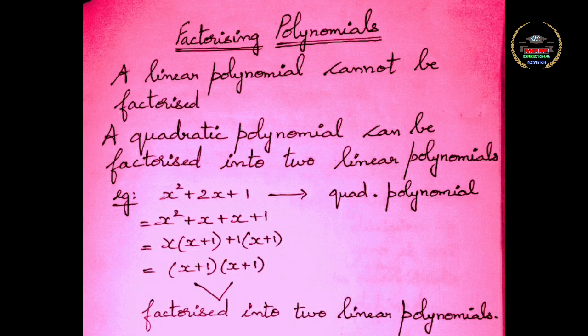Hi children, hope all of you are fine. Today we are going to learn about factorizing polynomials. In the last chapter we learnt about factorizing composite numbers. We were dividing composite numbers into multiples of prime factors. Like that, now we are going to learn about factorizing a polynomial, that is dividing into the least undivisible term.